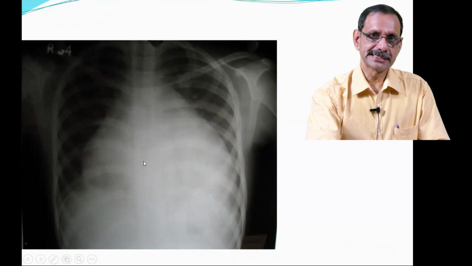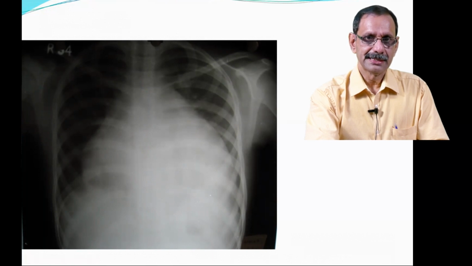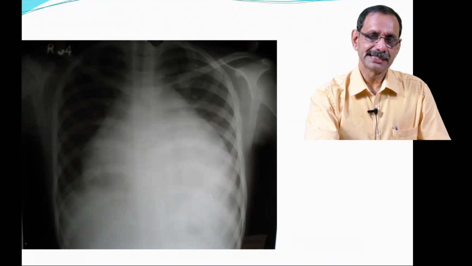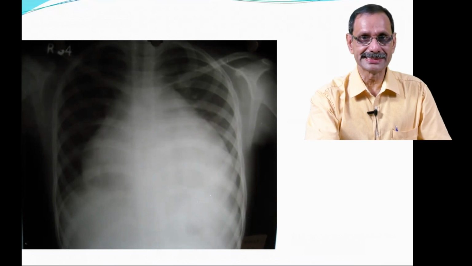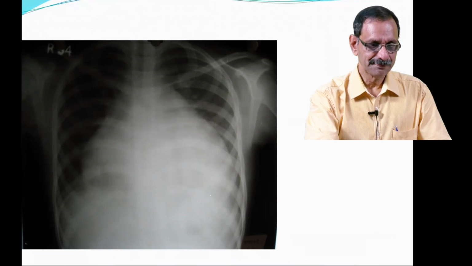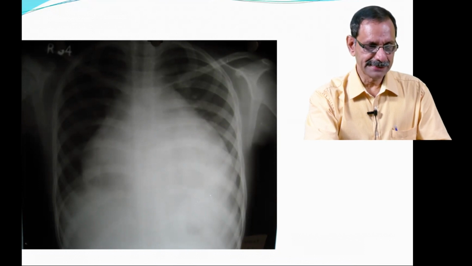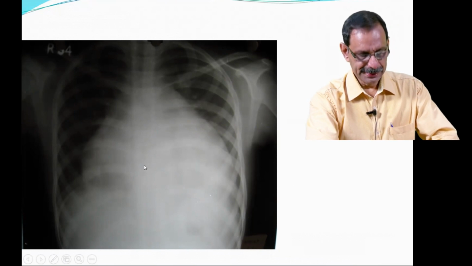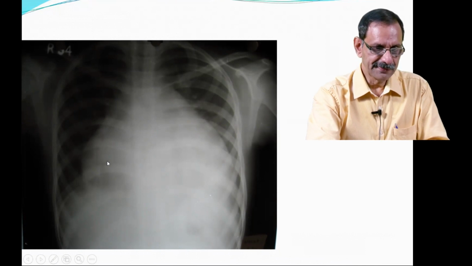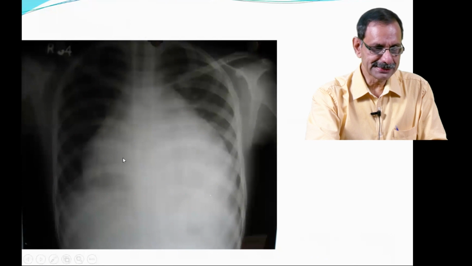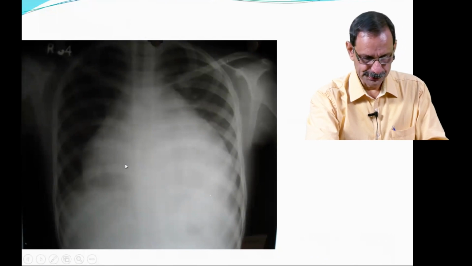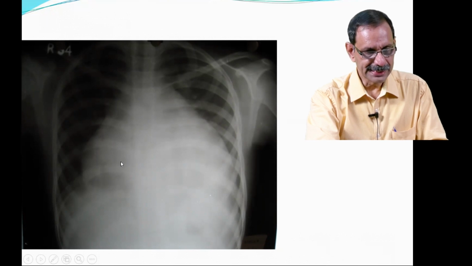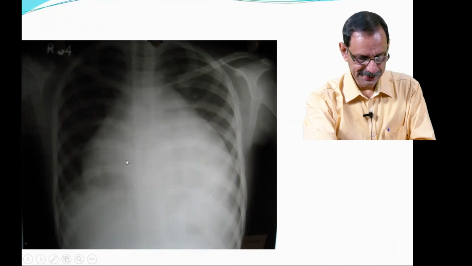Why is it so? Because the tricuspid valve gets attached lower towards the apex of the right ventricle, which means the right ventricle becomes small and part of the right ventricle has now become part of the right atrium. So the atrium becomes very big. So this is a big atrium, huge heart, typical of Epstein anomaly. And in Epstein anomaly, because the tricuspid valve is abnormally placed, there usually will be a tricuspid leak also. So the most common cause of congenital tricuspid regurgitation is Epstein anomaly.